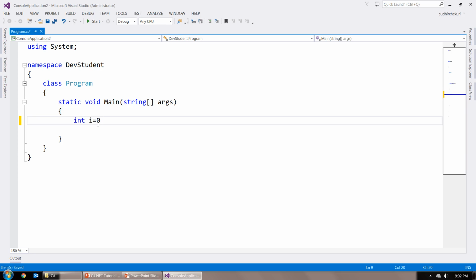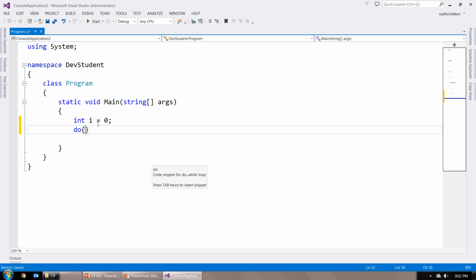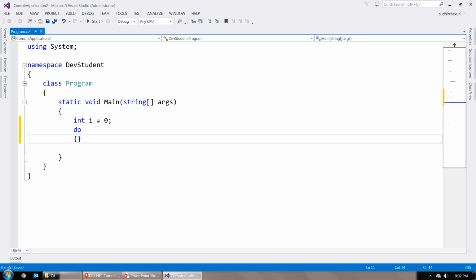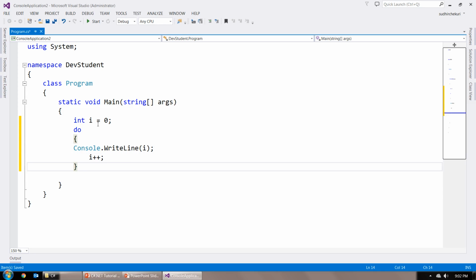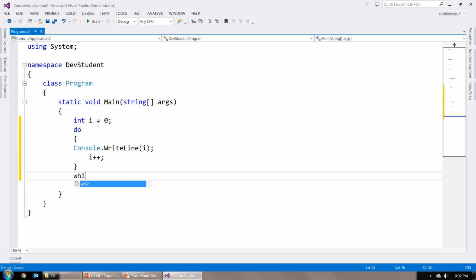I have a variable int i equal to 0. Here I want to write a do while condition. First in the do I'm going to write Console.WriteLine to print the value inside i, and also I have to write an increment statement because this is do while. In the while I want to add a condition here. It's i less than or equal to 5. Till it is less than or equal to 5, the loop is executed, and semicolon at the end is mandatory